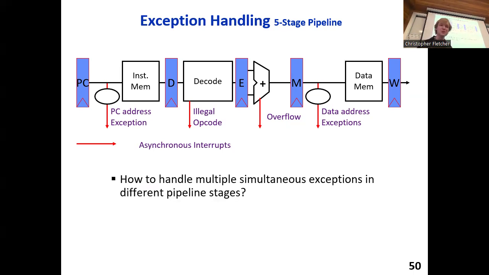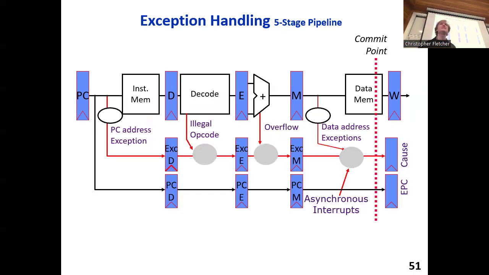So what do we do? We invented this amazing way of thinking about exception handling in the pipeline. The idea is, we don't actually have to complicate our lives by taking super fast action in the cycle that we detect an exception. That's kind of analogous to, as soon as I know the branch condition, I want to immediately take action to prevent bubbles and this sort of thing. We don't need to do that here